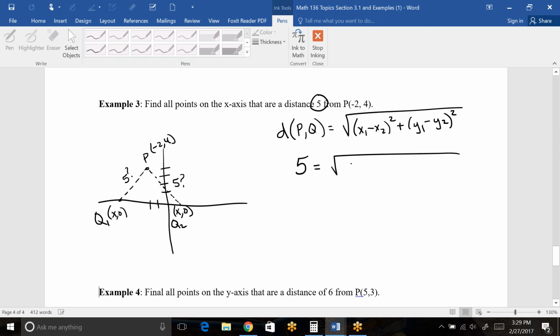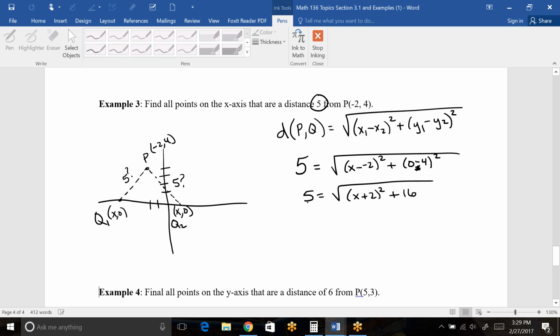So x minus -2 squared plus, the second guy starts with a 0, so that would be 0 for y, minus 4 squared. So this would be 5 equals the square root of x plus 2 squared plus -4 squared, which is